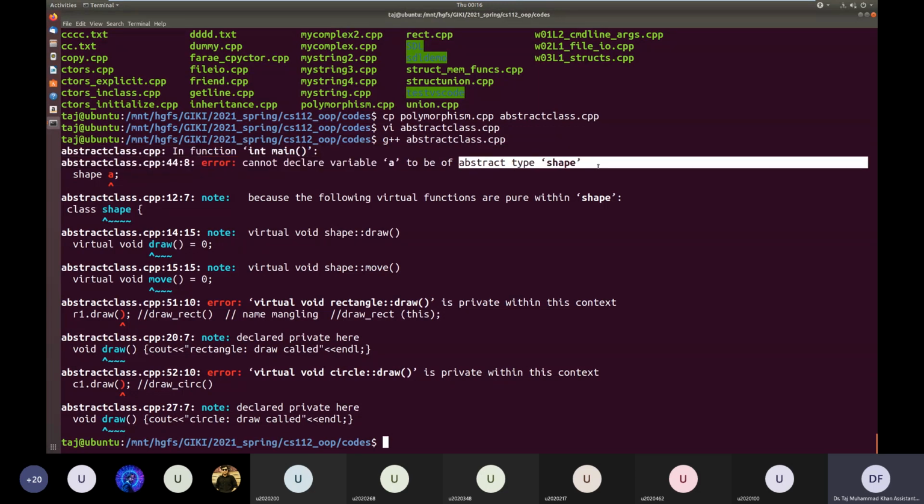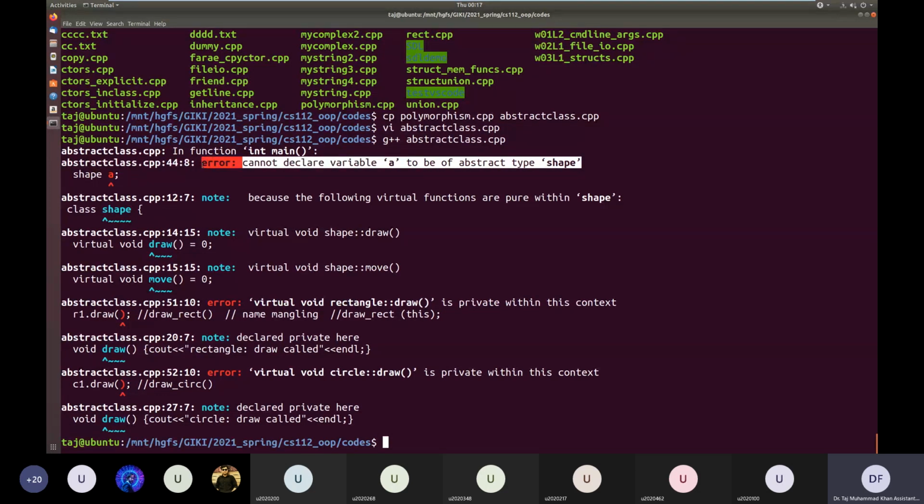Any class that has at least one pure virtual function becomes an abstract class. And we cannot declare an object of an abstract class. So since we cannot declare objects of abstract classes, abstract classes will never be used for something concrete. We will never make objects of them.